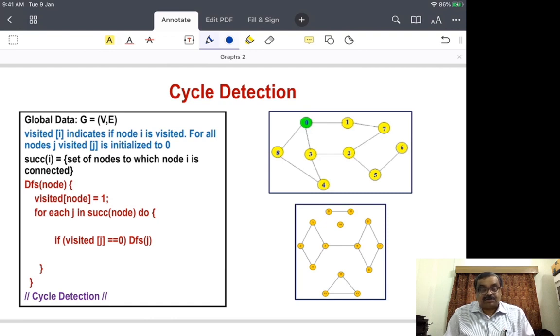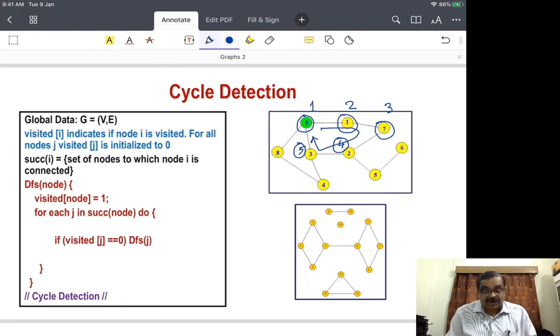What is the condition? The easiest condition for us to detect that there is a cycle is if the node is already visited. For example, if we started here, this was 1, then we came here, this was 2, then we came here, this was 3, then we came here, this was 4, then we came here, this was 5, and then we come back to 0, and we know that there is a cycle like this. So it would be easy for us to try and write a piece of code here,